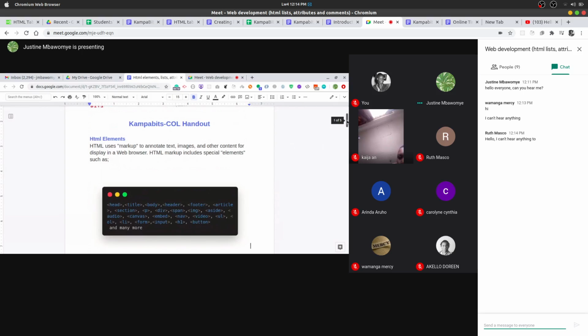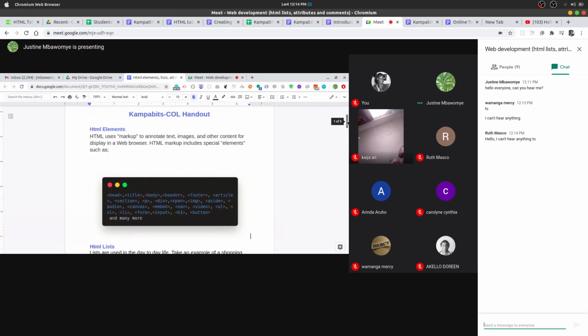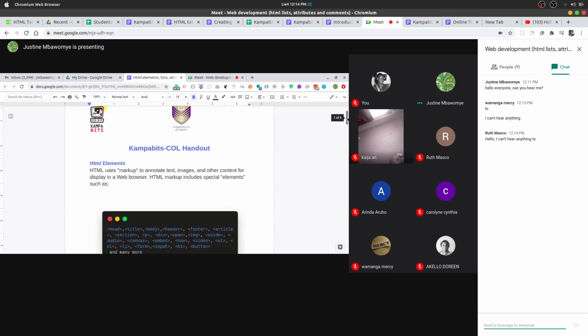We're going to go through it, then after we'll have a practical look at what happens actually. So HTML elements, it is markup and the text, images and content for display in our browser. HTML markup includes special elements such as